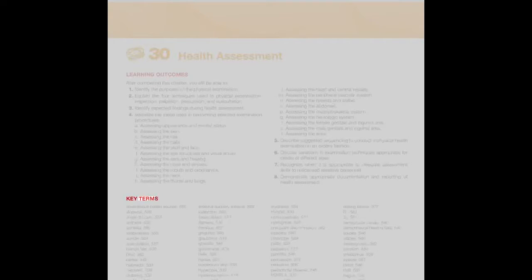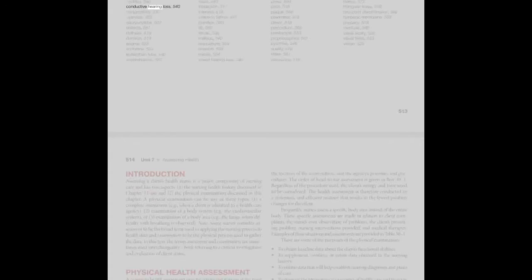Key terms: adventitious breath sounds, alopecia, angle of Lewis, antihelix, aphasia, astigmatism, auricle, auscultation, Blanch test, bruit, caries, cataracts, cerumen, clubbing, cochlea, conductive hearing loss, conjunctivitis,